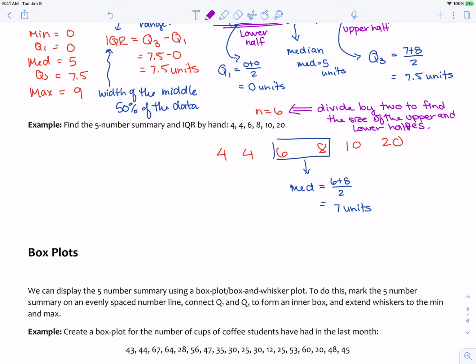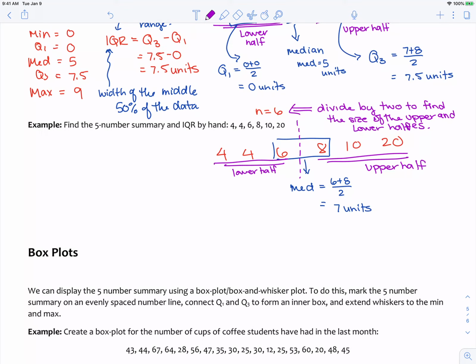We're going to just go straight down the middle, so that this is going to be our lower half. It will include one of the values from that middle pair, and then the upper half will include the other value from the middle pair of values that we use to calculate the